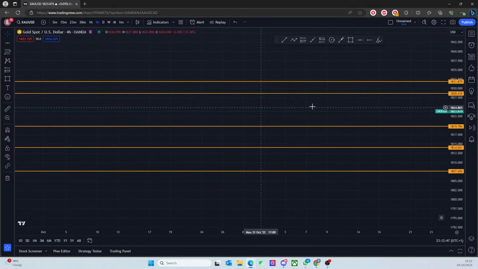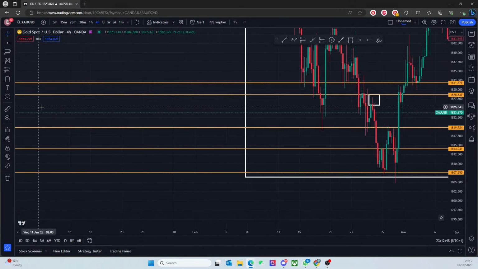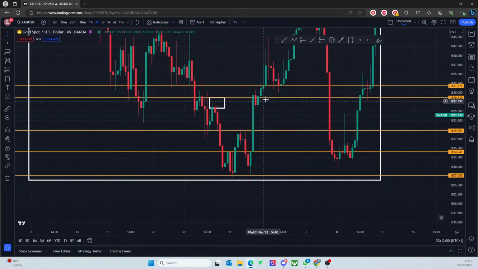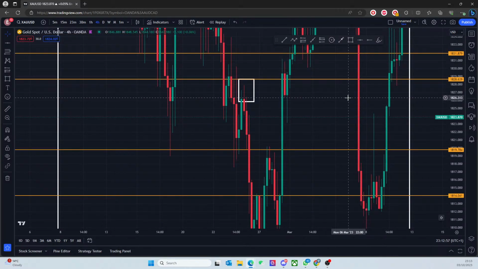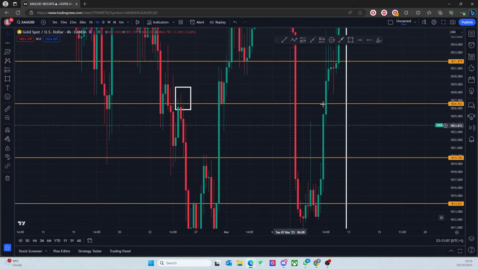So 1828. What does that look like for the area I'm interested in here? Cool, right? It's similar to these sorts of areas. So understanding that in terms of more local price, this could have been a fake out. These could have been fake outs, right? Or fake outs on the higher time frame, but just range fills on the lower time frame. So I'm looking to take a sell here at 1826, right? But that's if price breaks below 1819.